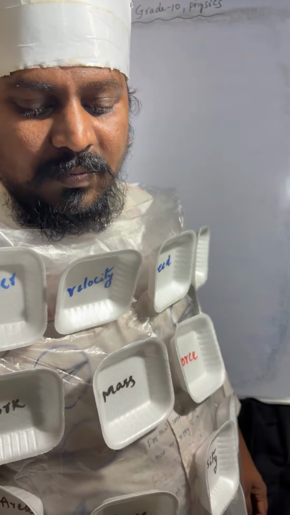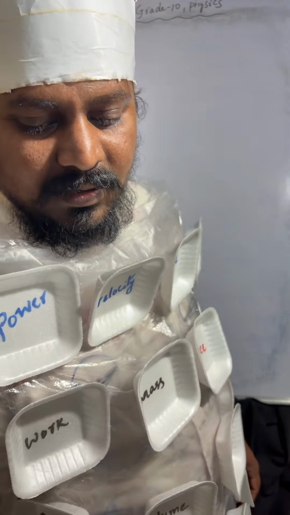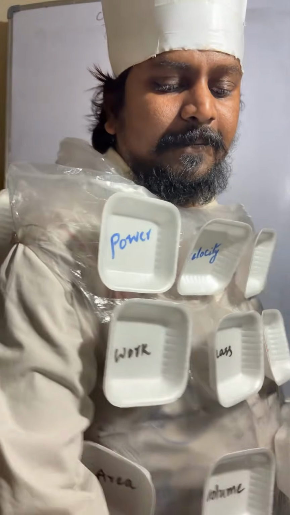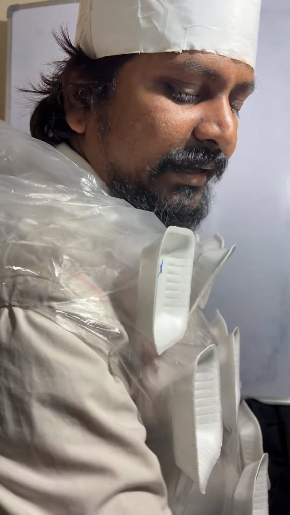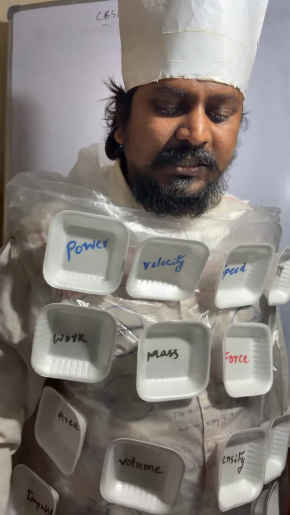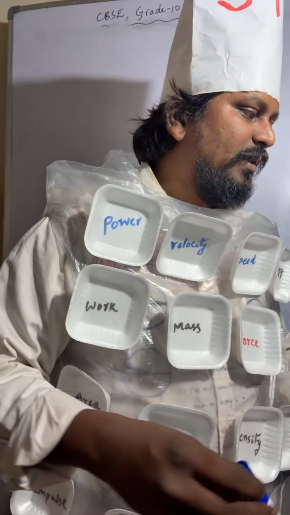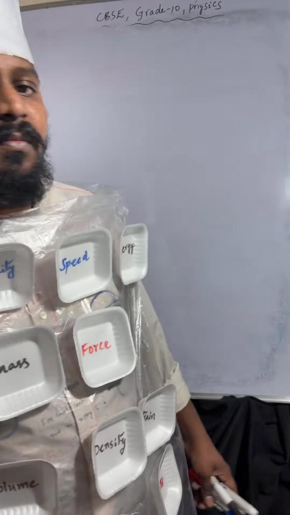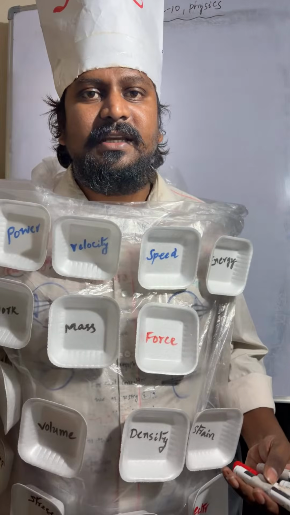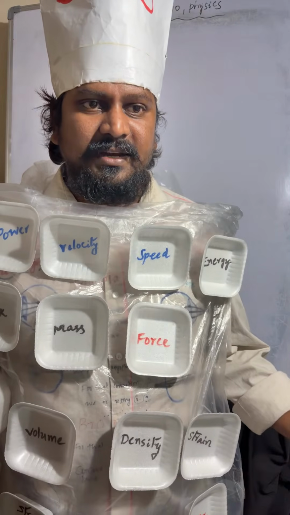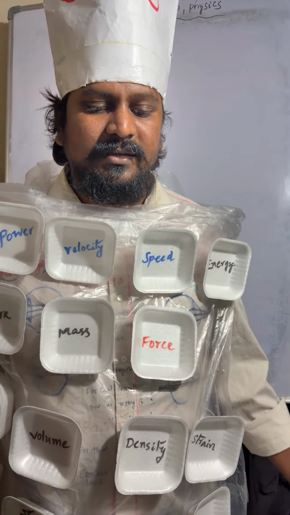So light is a form of energy which gives the sensation of sight. Understood? I hope it is very clear. Light is a form of energy which gives the sensation of sight. So when light falls on it,